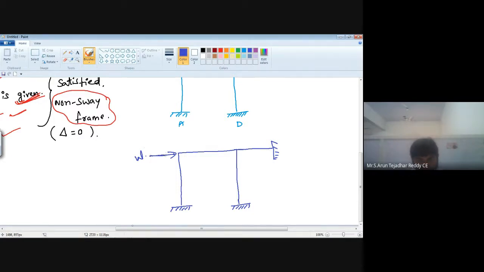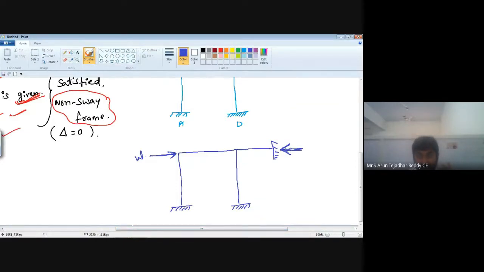See, the left side load is acting, but on the right side we have one fixed support. See how many reactions are acting for a fixed support. Totally 3 reactions are acting: vertical, moment and horizontal. Here the vertical reaction is not required, but the other one is the horizontal reaction. For a fixed support we have 3 reactions. Forget about the vertical and moment, and the other reaction is horizontal.